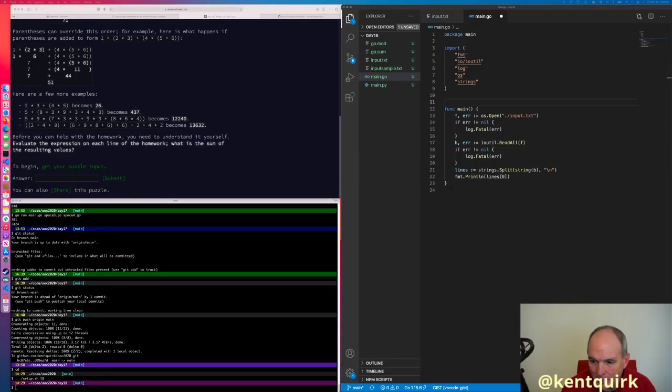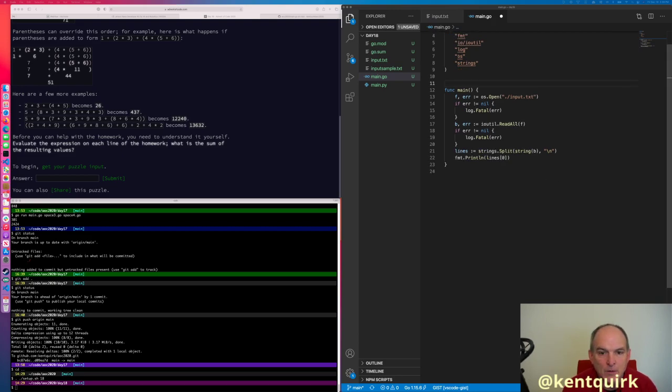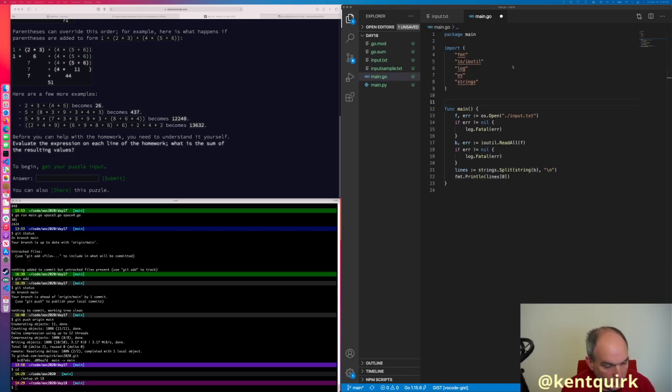So here's my data. Let's start with our main.go. I am going to share my screen so you can see it. Yay, I remembered. All right, so this is our standard main.go that we always use. We're reading our input file and splitting it up by lines, and this was just our demo function. So we're going to need a